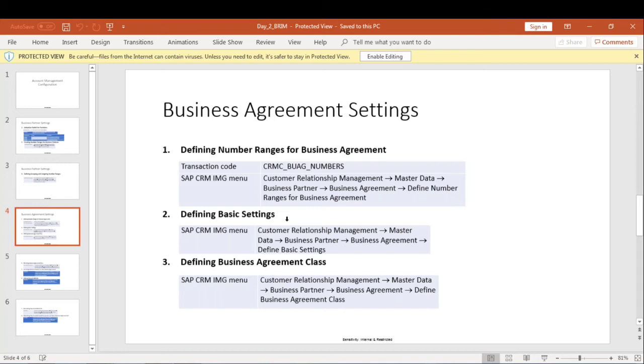Do you have an idea of FIAR and FICA process? FI accounting process, FIAR is financial accounting, accounts receivable. And FICA means financial contract accounting. I don't know, madam. Okay, I will tell you the difference.